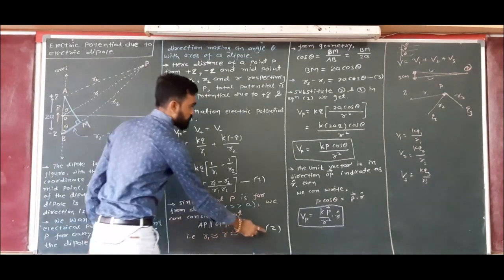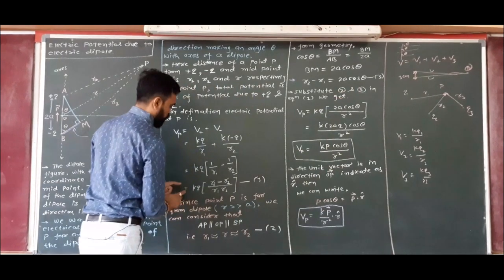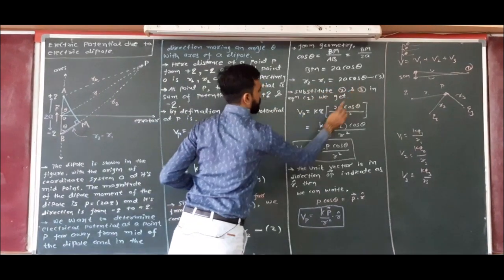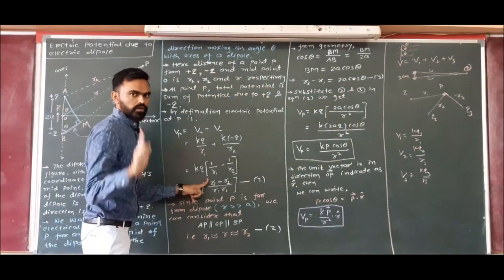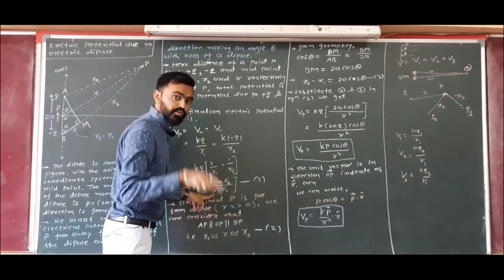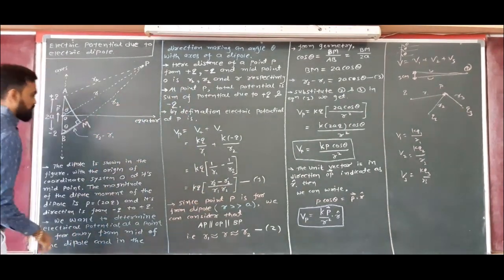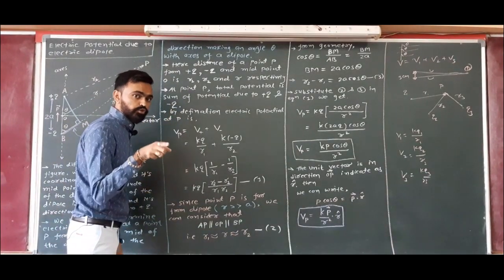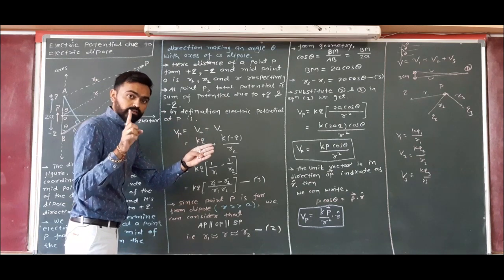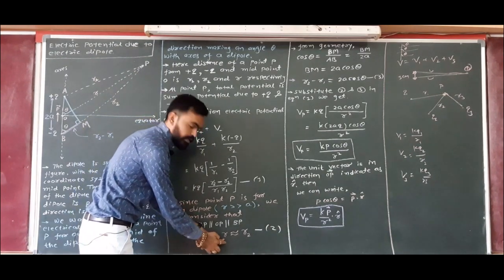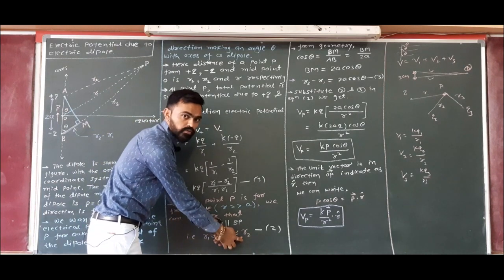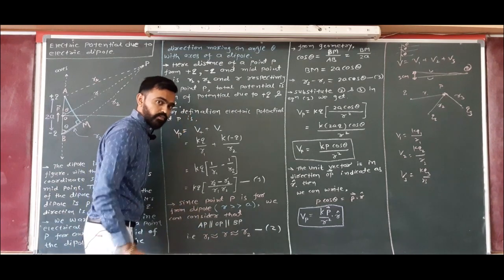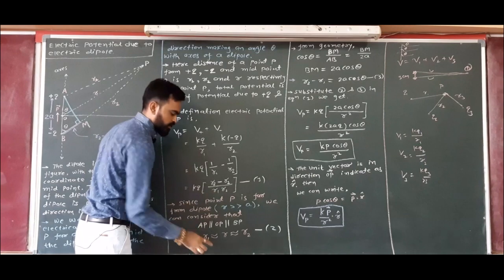Right? Use 2 and 3 in equation 1. So R2 minus R1 is equal to 2a cos theta, 2a cos theta upon R1 times R2, that means the two distances multiplied. Since we know all these three lines are parallel to each other, the lengths of all three lines are equal, so R1 is nearly equal to R2. Are you getting my point? Right? So R1 times R2, write both as R, so it is R times R simply, so it is R square.